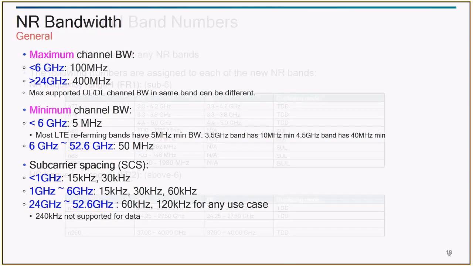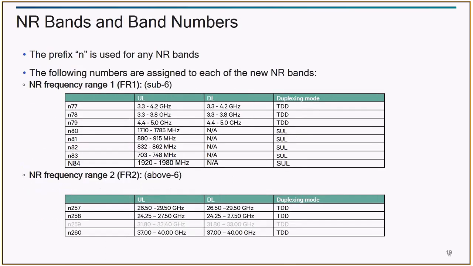So in NR, for any band, you use a prefix of N, essentially. If you look at N77, for example, it has around 900 megahertz available, but it is an FR1, so the UE would be focusing only on 100 megahertz of that 900 megahertz channel. The remaining 800, it won't scan once it is moved from LTE to NR. But say it comes in a standalone system, it might scan the entire 900 megahertz bandwidth, then get focused into a 100 megahertz and keep itself to the 100 megahertz.